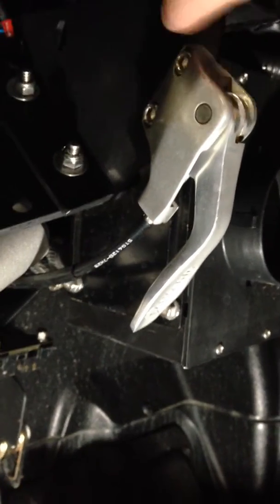Alright, this is my parking brake. I mounted it off of my modified mount right here. This is the power steering mount. You can see, I say modified because I had to modify it a little bit right up in here